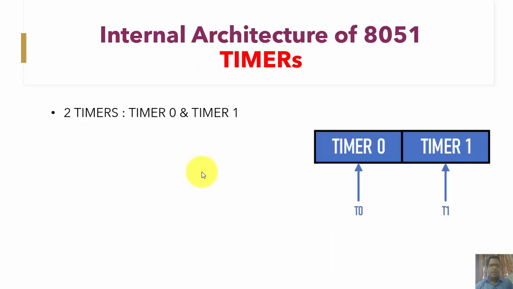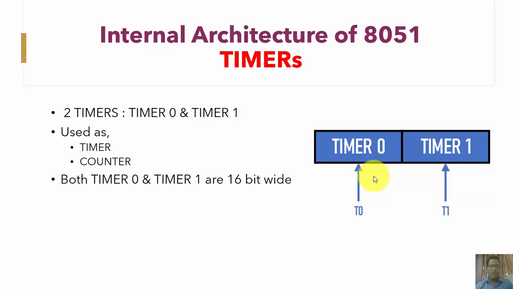The next internal component is a timer. In case of 8051, we are having two timers. The first one is timer 0 and the second one is timer 1. This block is used as a timer, which is mainly helpful to generate some delay in a program or to perform the timing related activities, and for this the internal clock source is used, whereas the second operation that is done is mainly a counter operation, and this counter operation is useful when we are counting external events.